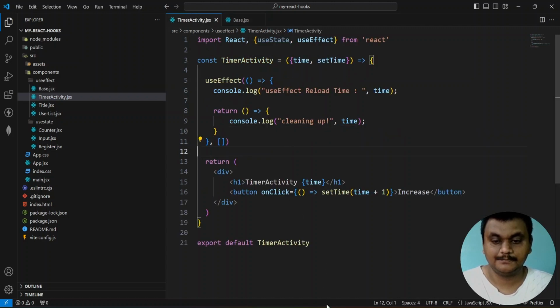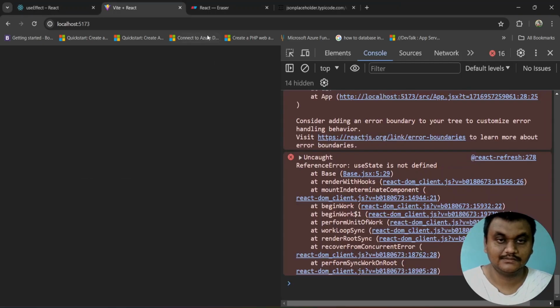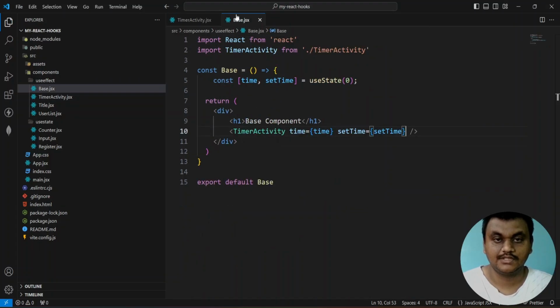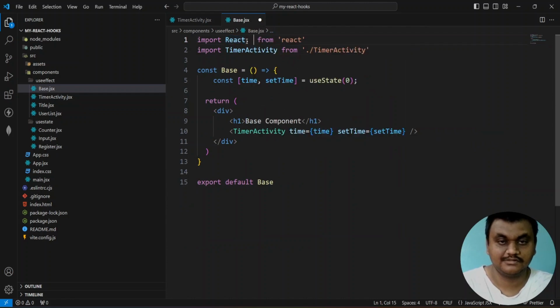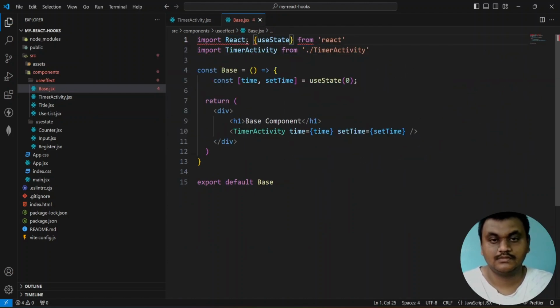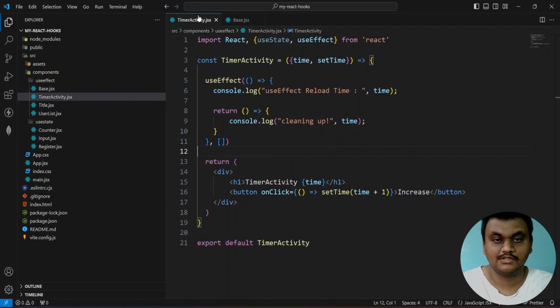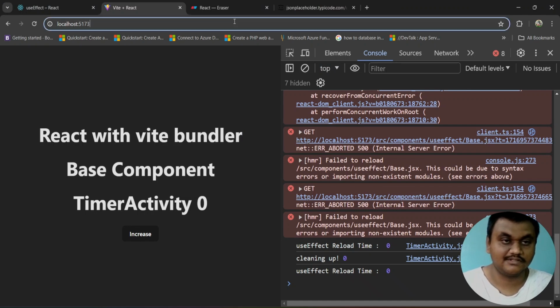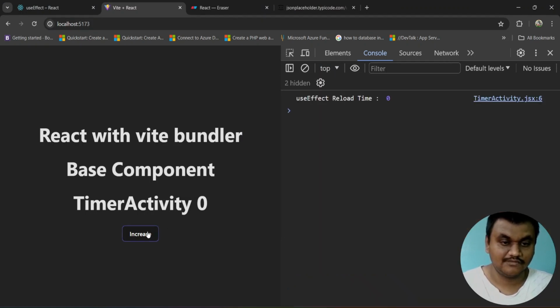If you go here, in the base, we must collect this one. useState, comma, not full stop. Remove this one, not required here. Unnecessary imports are not required. Remove that one. And once we refresh this one,